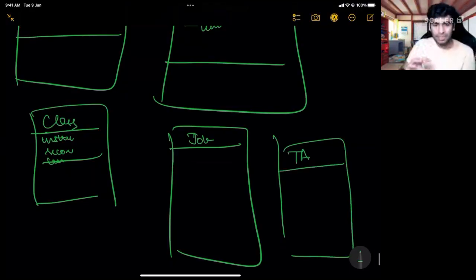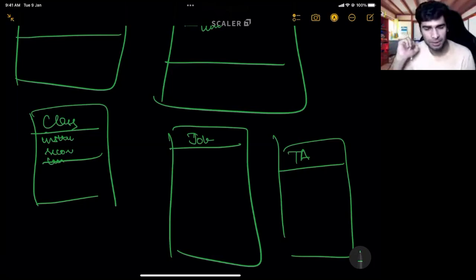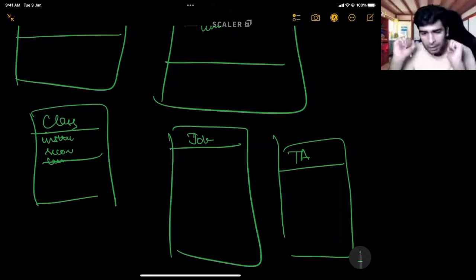So now, do you see that if I divide Scaler's code base in terms of different ideas, each idea being able to perform only some actions, it makes it easier for me to understand that. Is that making sense? Okay, cool. Now, there is a second benefit that I get from ideas as well. If I'm talking in terms of ideas, do I care about how that idea is working internally? Do I care about that?